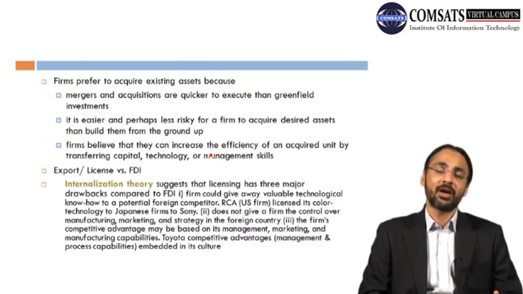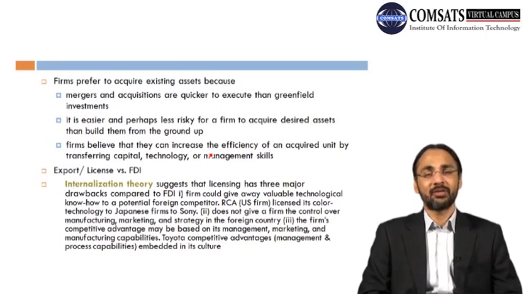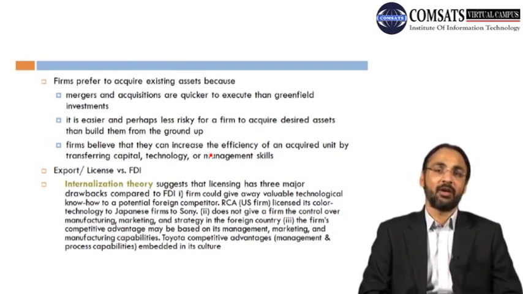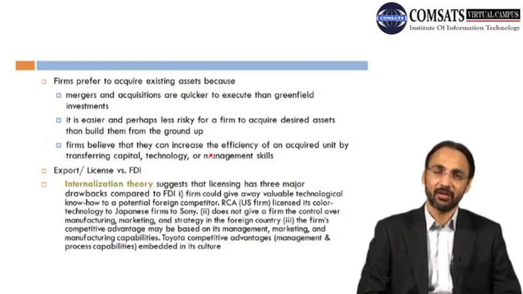The second thing is, if the competitive advantage of the firm lies in higher management and processes, like Toyota or Japanese or German automobile companies, they had this competitive advantage, they exploited it, and they captured the automobile industry around the world because of these factors. These companies cannot license these factors to other companies. I mean, you cannot give a license to another company to maintain or build the same level of management skill that we have. It's not possible. That's why they do FDI rather than licensing.